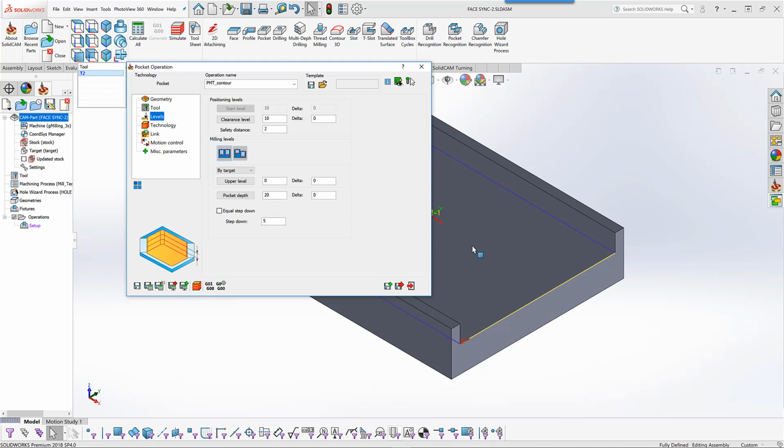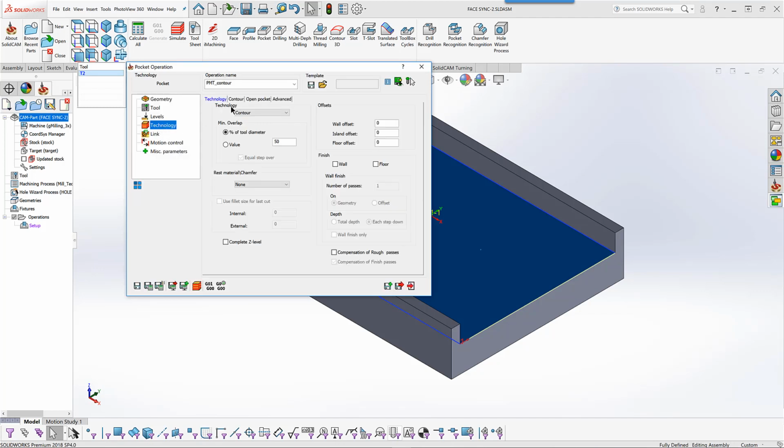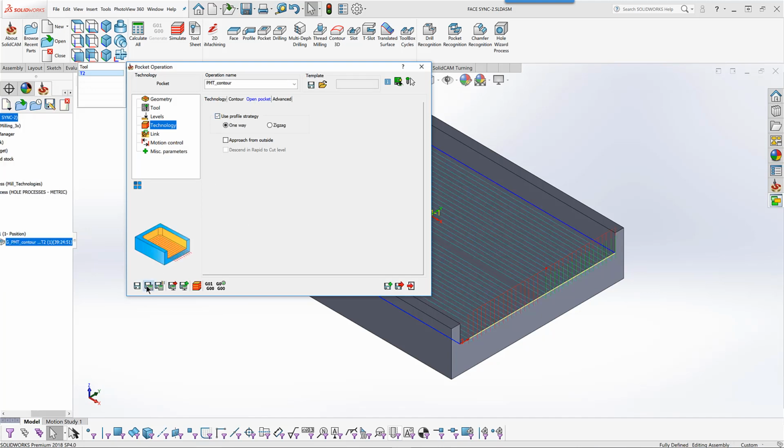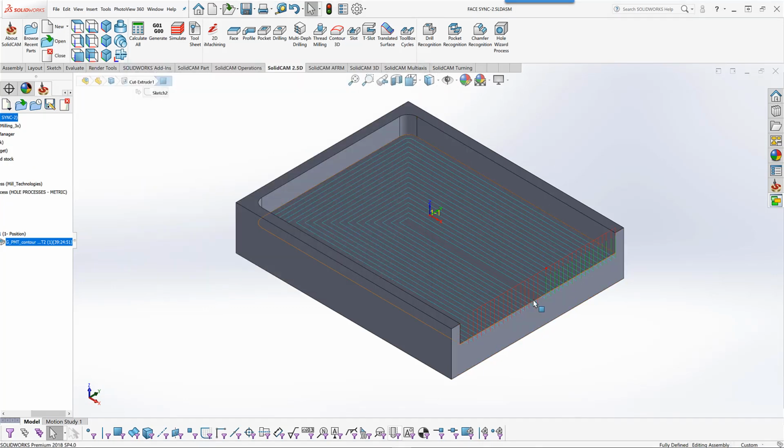go down to the depth that we want to go down to this floor over here, and we'll do this at one step. And the way I like working in many cases is with open pocket, use profile strategy. We'll just accept that, save and calculate, and you can see the actual tool pass that we have over here,